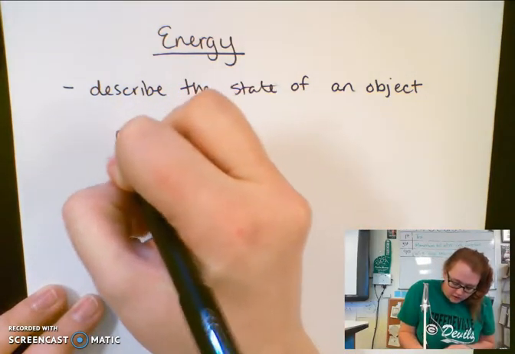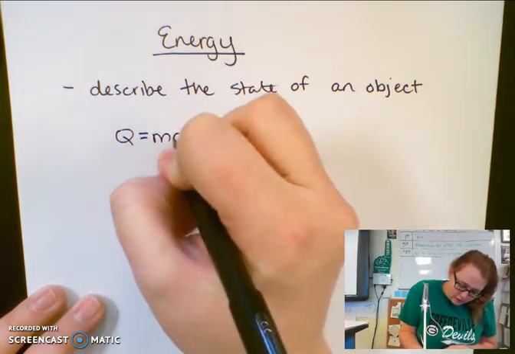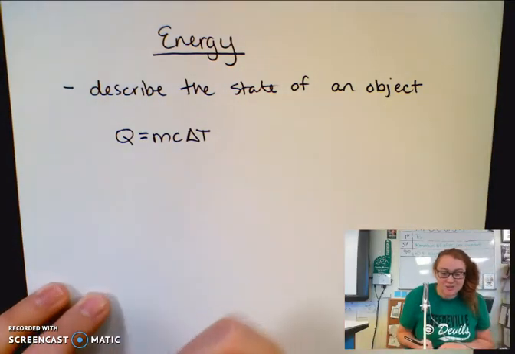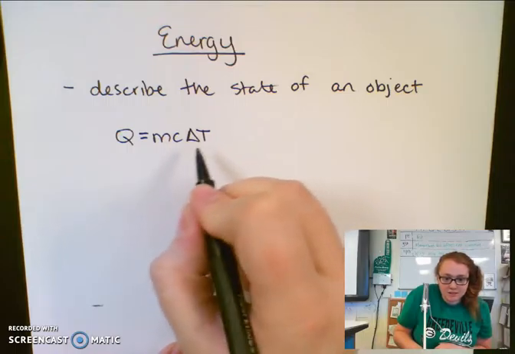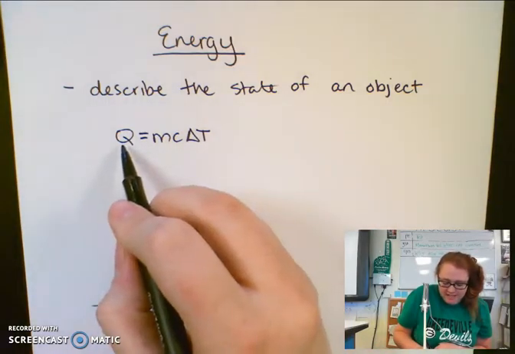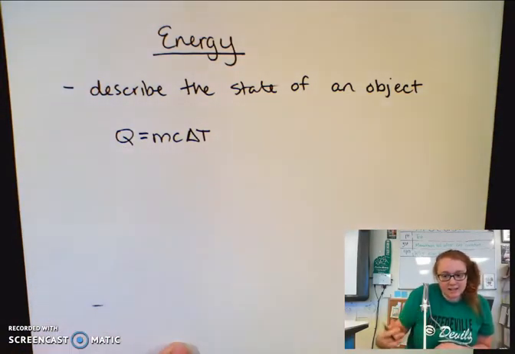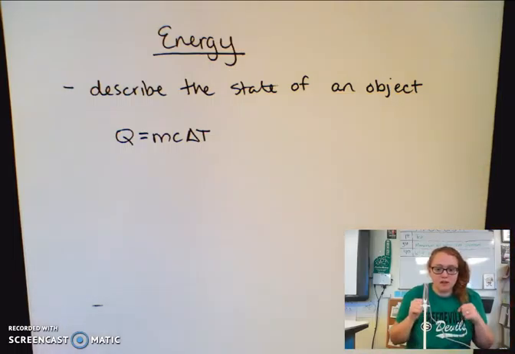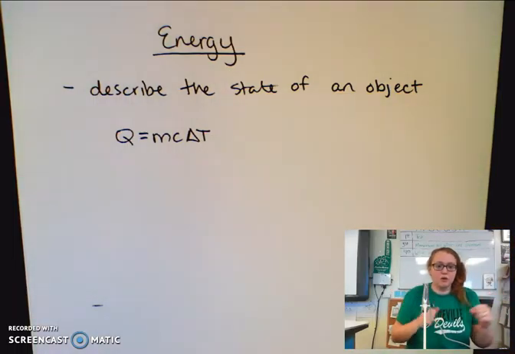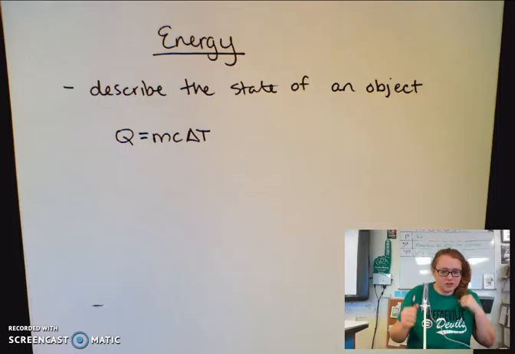You know, you guys have seen this equation before, Q equals mc delta T. You saw that in physical science when we looked at delta T being our change in temperature, and this is heat. So heating an object is a way you cause the object to gain kinetic energy through those molecules starting to move around and increasing their speed. We said that was kinetic energy of those molecules.